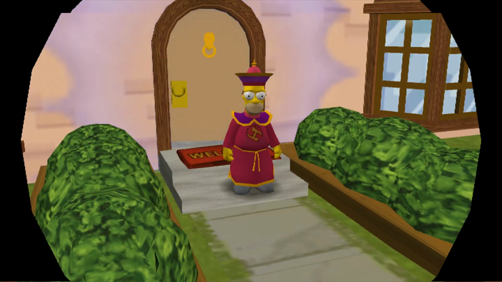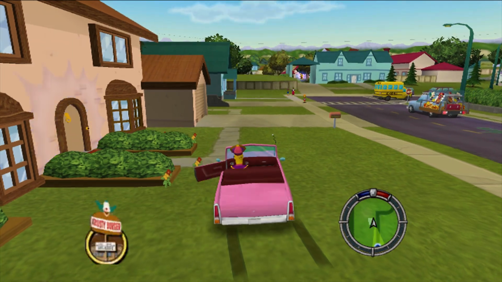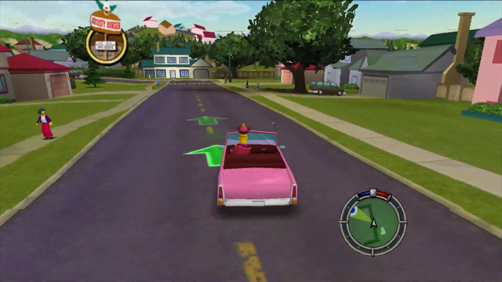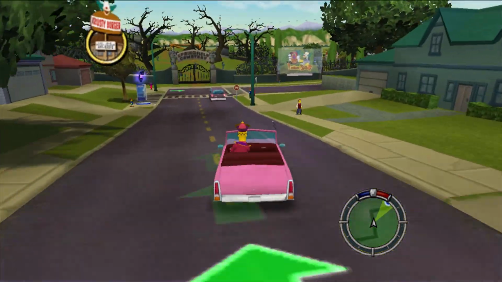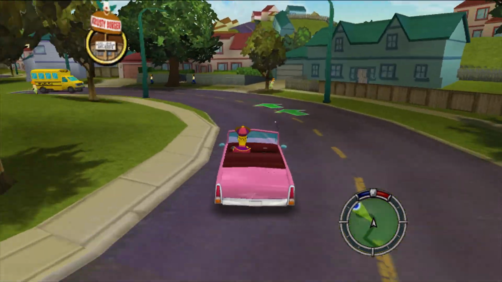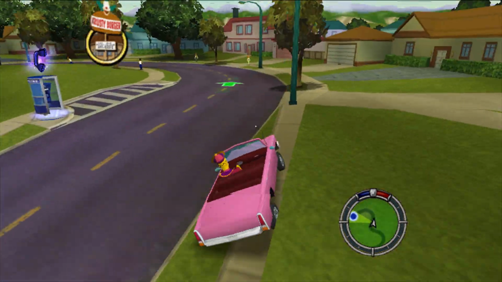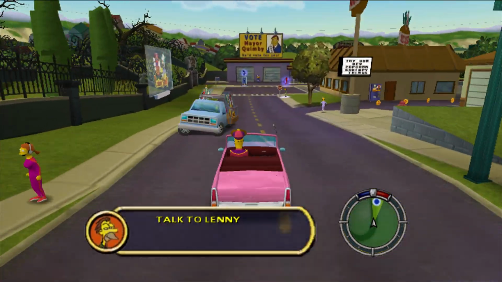Alright, now we have to go to Lenny. I have no idea where Lenny is. Is he over by... Yeah, he's over by where we just were. You can get into the cemetery, but right now it's a little more difficult than it might be later. Oh, never mind, you can go into the middle. I always forget about that. It's just so inconvenient. So, while we're here...